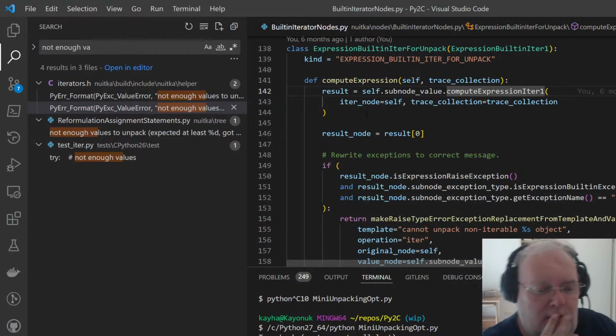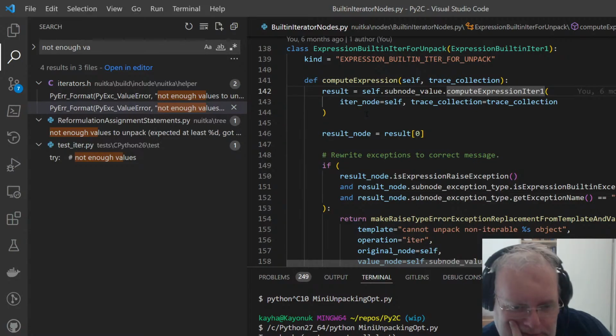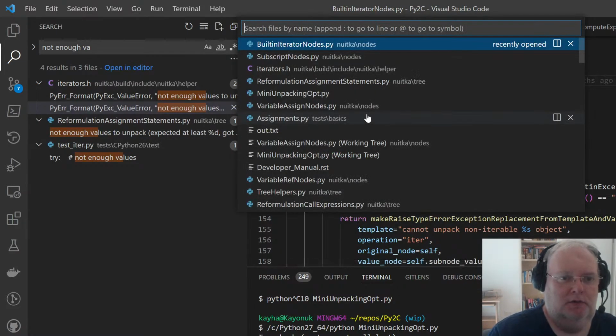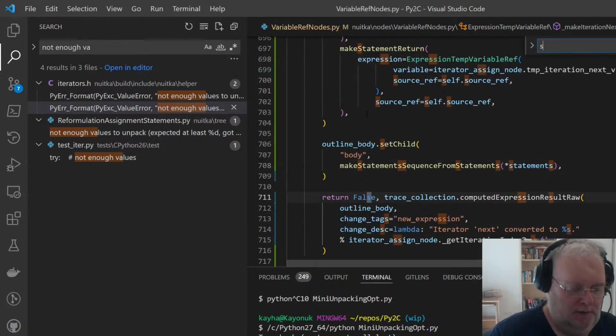And this is also again just a rewrite. I can make these kind of wrappers, version dependent, and switch between them. So I guess I would do variable reference nodes, subscript.